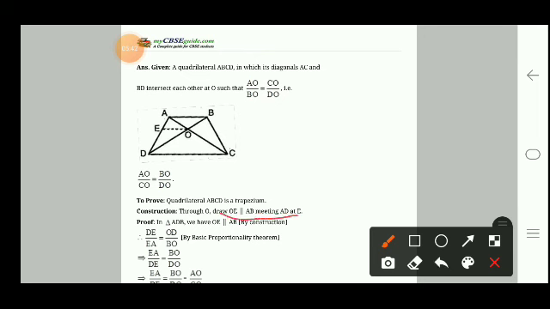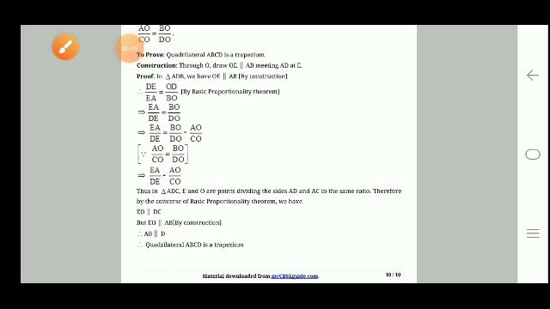Now in triangle ADB, the same way, we have DE over EA is equal to OD over BO, this is by the BPT, or we can write it as EA over DA is equal to BO over OD. Then the next step is,